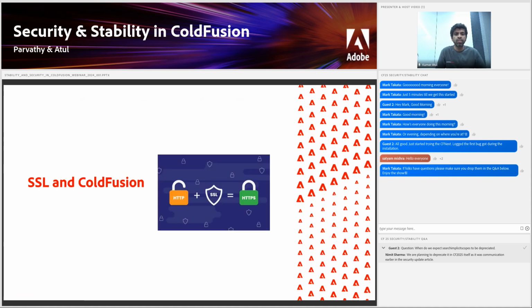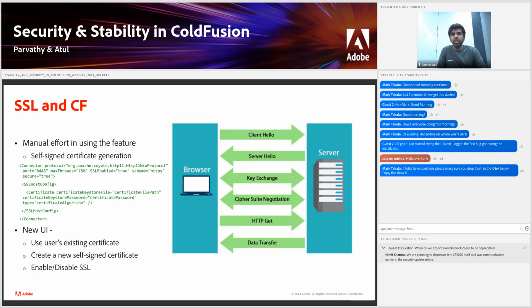With this, we come to the next section. This again is part of an engineering enhancement where we wanted the users to be able to use secure socket layer over ColdFusion very easily. We already know that Tomcat by itself or any other Java EE server provides the ability to enable HTTPS. But in the next slide, we can see that there is so much manual effort that goes into